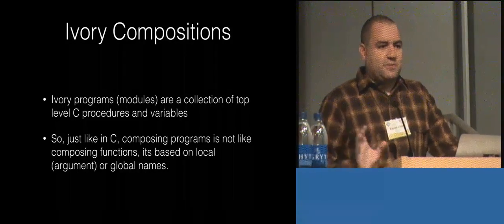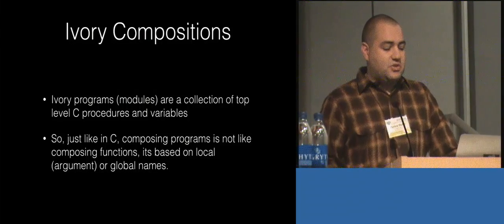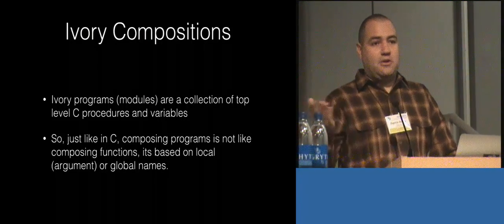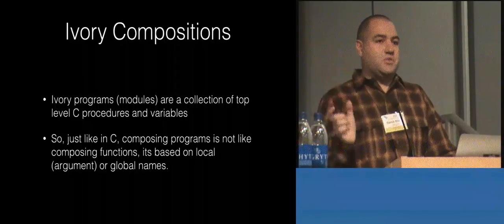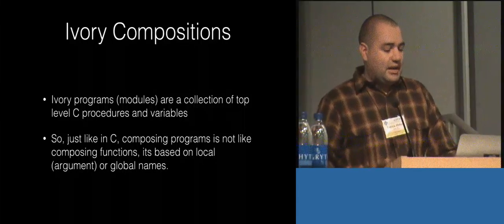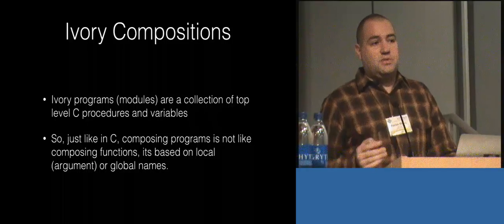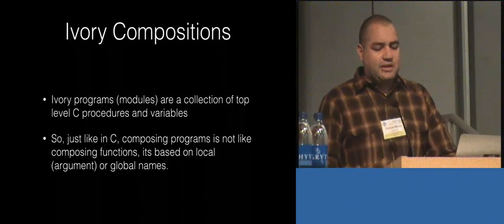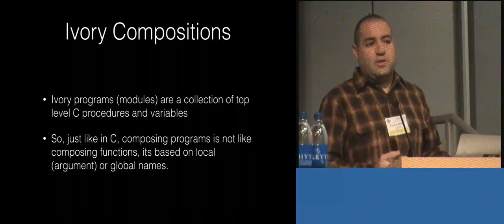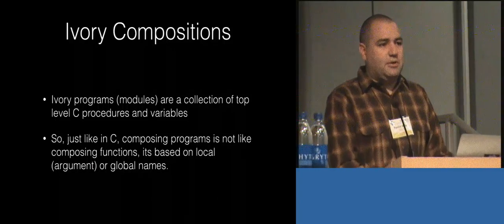To talk about how we compose those: that was a simple procedure, and we composed those, plus global memory areas, into modules, and those just emit a C header and a C source file. So just like in C, we're composing programs where essentially all the names are strings. There's a global namespace, and the user is responsible for managing which names end up in which files. And there's some public-private stuff, so you can expose certain names in the headers or not. But that's not very complicated. The composing is basically just like the way you do C programs. It's a very similar model, and that can be a little cumbersome in programming, but we found that there are ways around it, and I'll talk about that now.